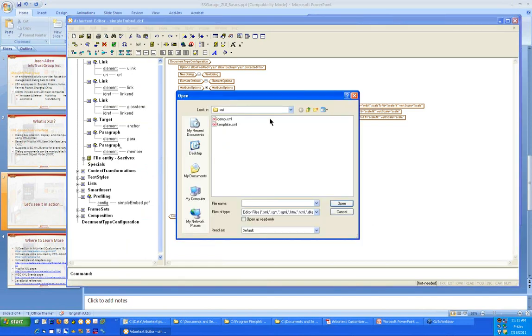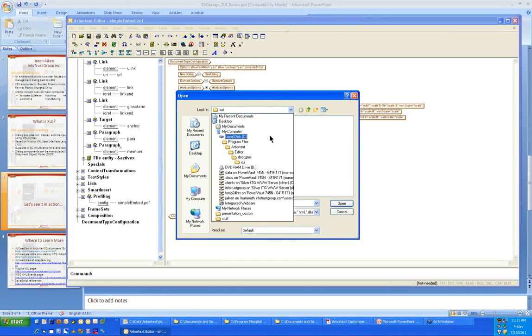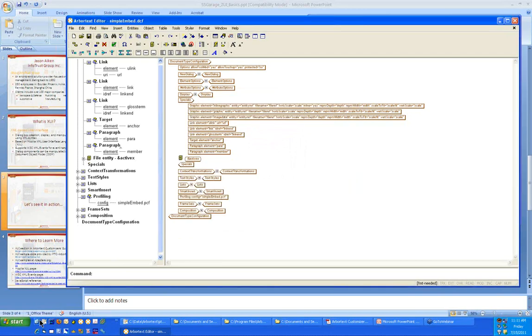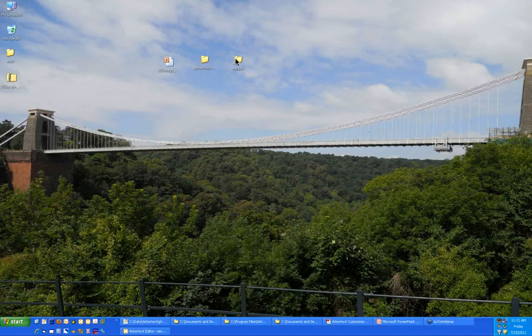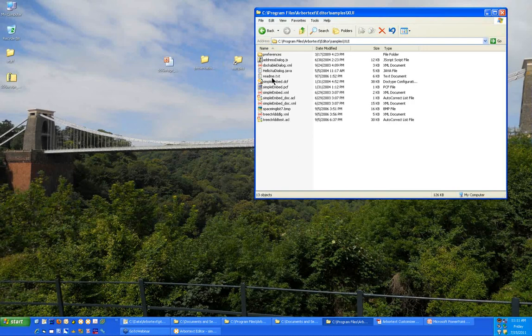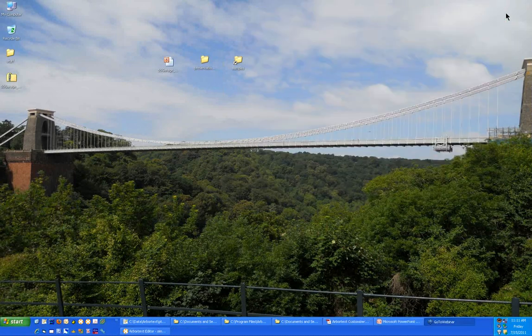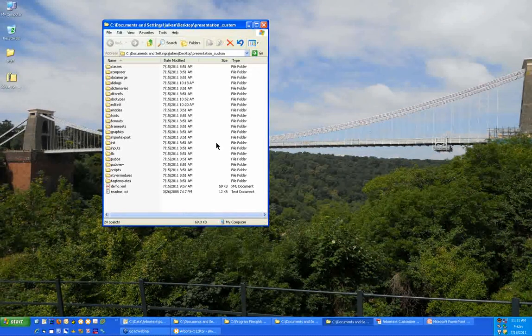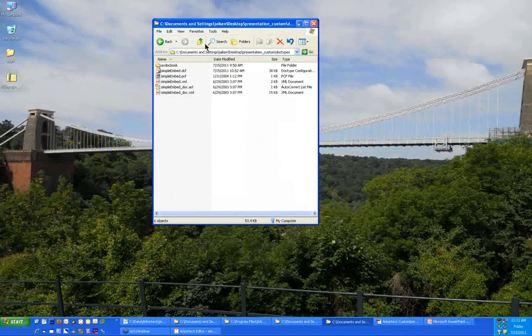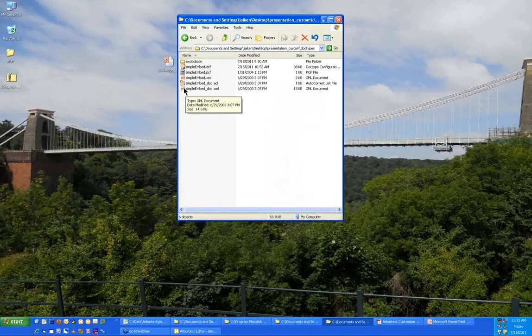So one thing that can be a lot of fun for you is to just go ahead and dig into their samples directory. I think I've got a shortcut to that on my desktop, but the actual path is just this samples directory in your Arbortext Editor path, and then they've got a XUI folder, and inside there they've got some more examples. And before we go to a more advanced example, I'd like to show you one of those that they've supplied called the Simple Embed, which is kind of cool because you can actually use Arbortext Editor